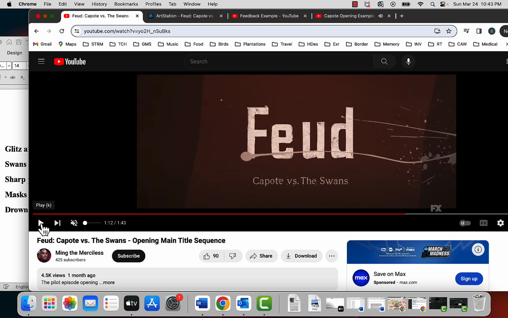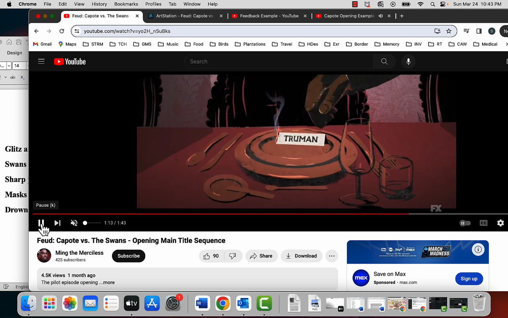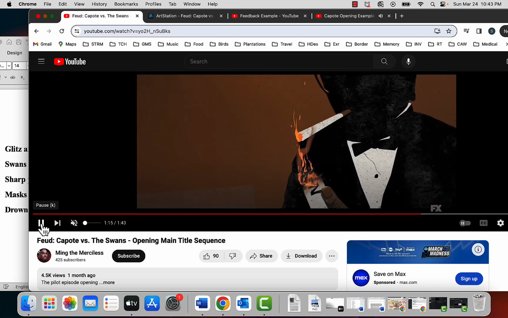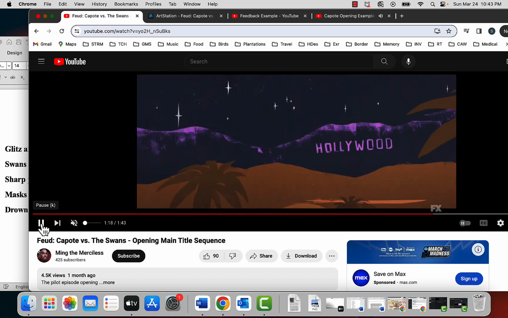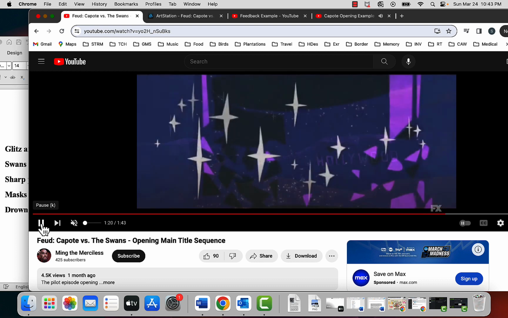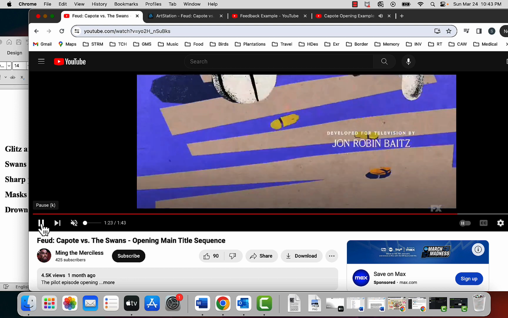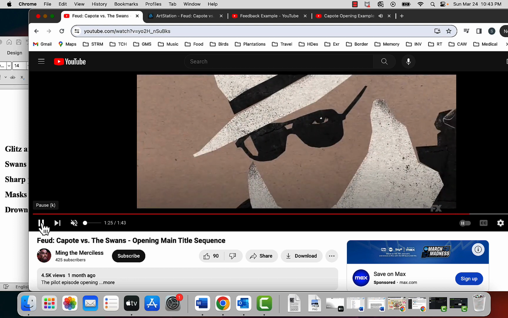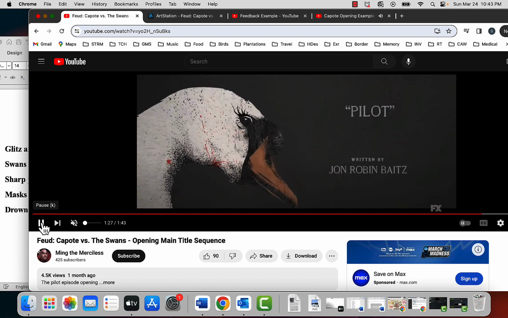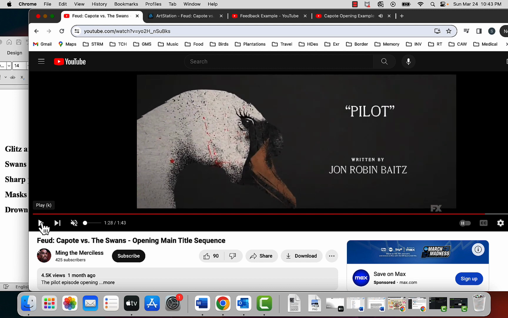Let's see. The font has a sharp, here again, there's that sharp kind of pen. Here it is. Yeah, the sharp pen. So the font goes along also with this idea of sharp points and drawing blood.